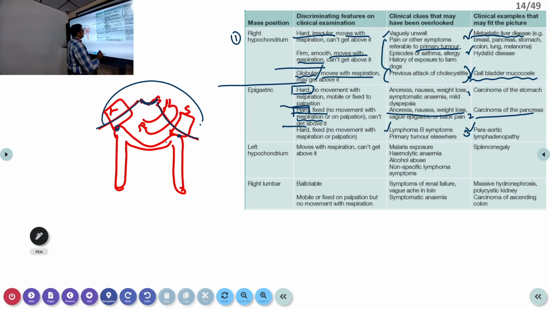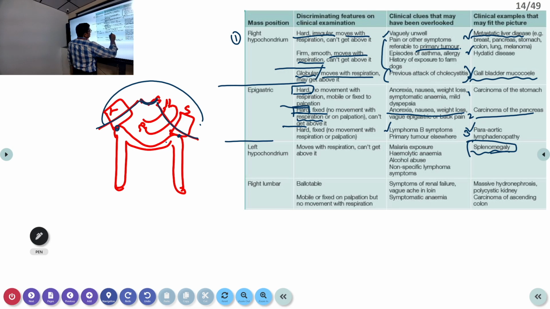Okay, so it will be a globular swelling. And the next thing is the left hypochondrium. The right hypochondrium is the space for the liver. The left hypochondrium is the space for the spleen, everything associated with the spleen, and the tail of the pancreas will be there as well. There are multiple reasons for splenomegaly. This case will be kept for your medicine examination. Surgery usually will not keep splenomegaly.